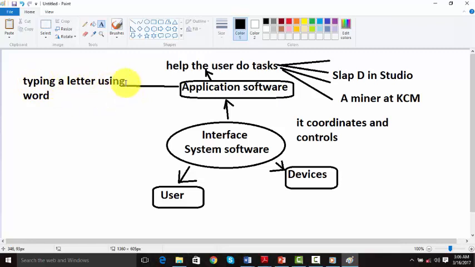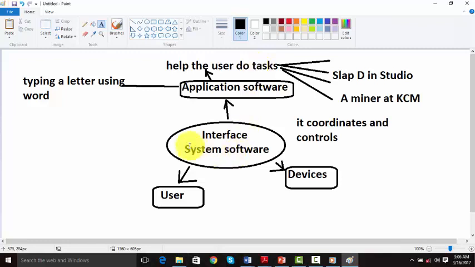He is going to type a letter using application software, in this case Word. Then also, a miner at KCM may use a computer, maybe to see how the mine is making its profit. So now, the job of the application software is to do tasks which the user commands.